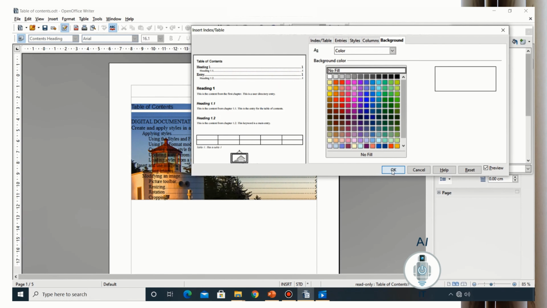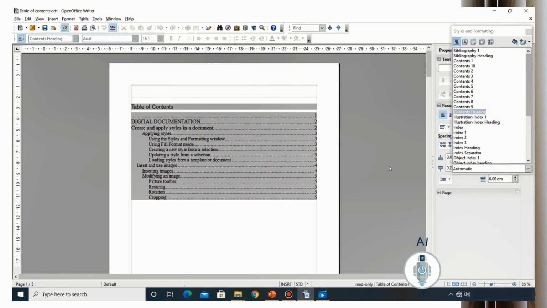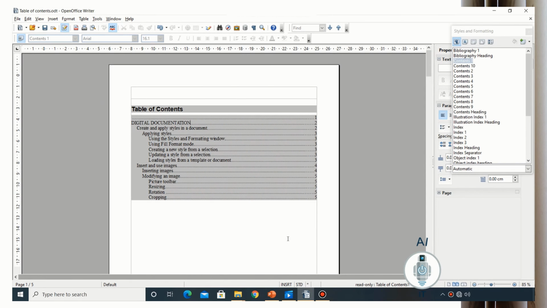Now I can remove the graphic by doing this. So every time I simply had to right click, edit or right click and do the required option to make changes.